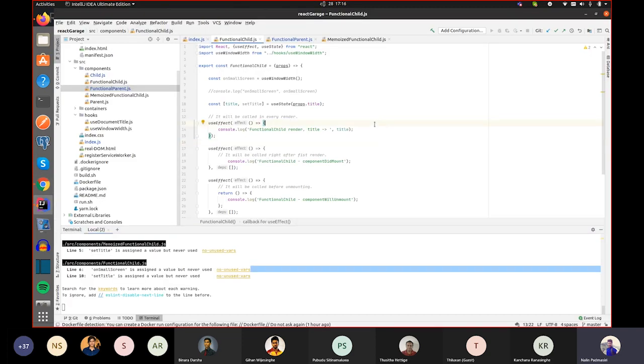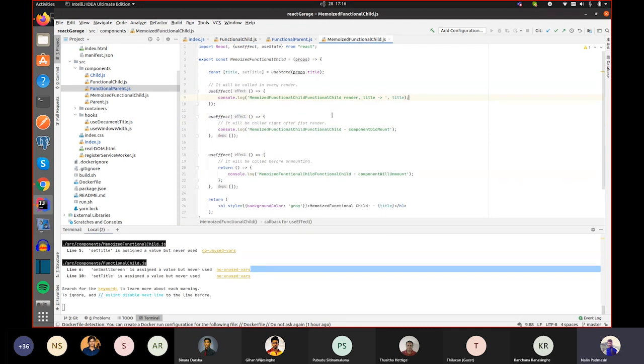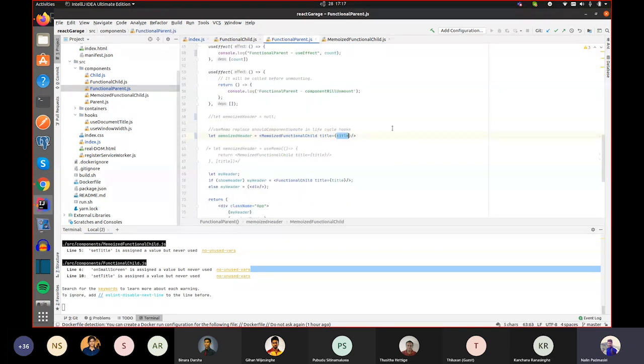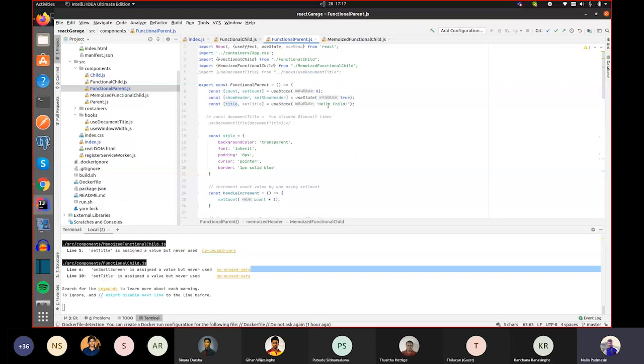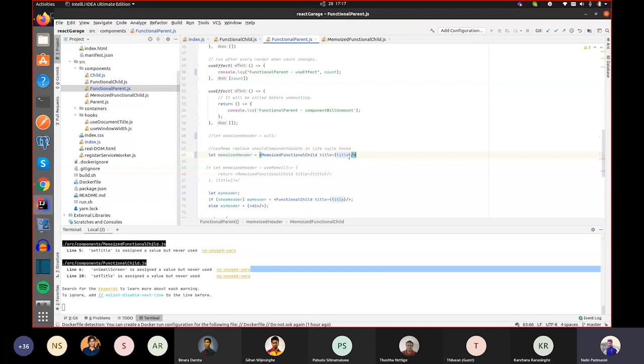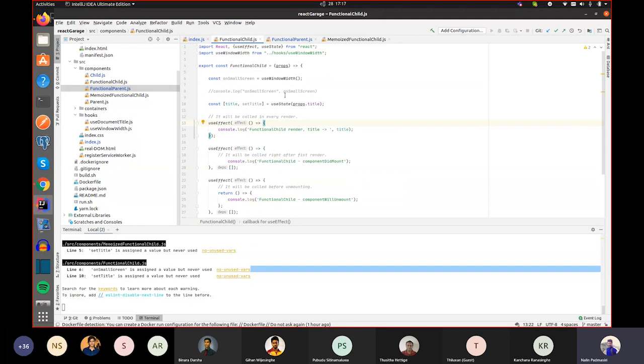The worst thing happening here is that initially it sets this title for the functional component, and the default value is hello child. In the initial rendering it passes this hello child into both components, and in every update it passes the same value. That means the same value is returned to both of these functions.